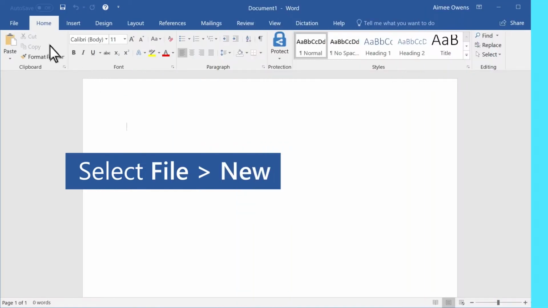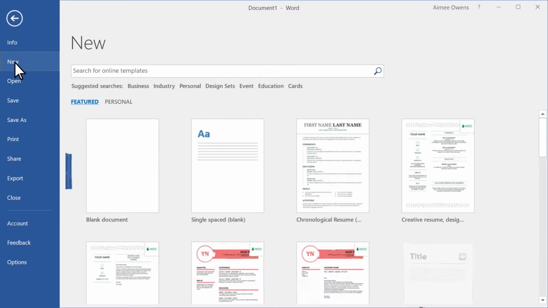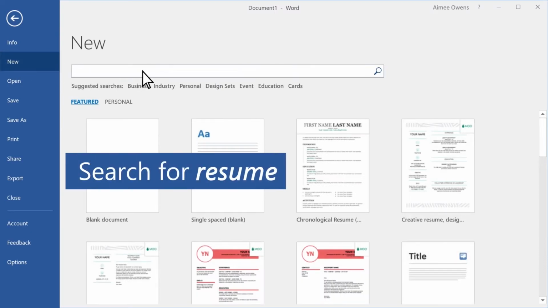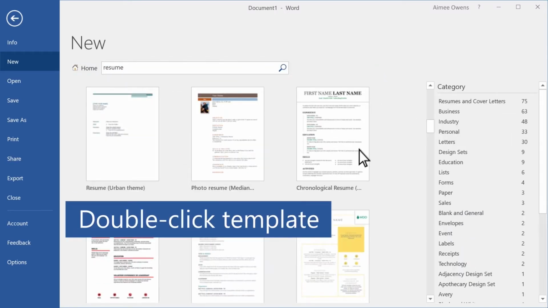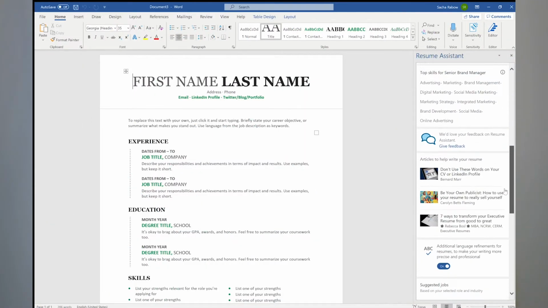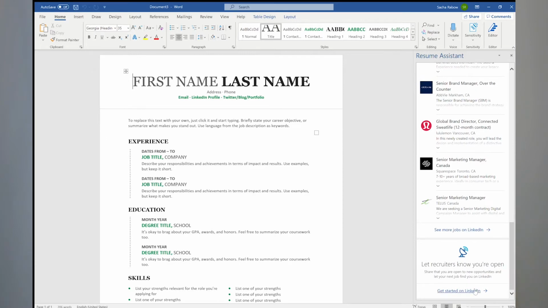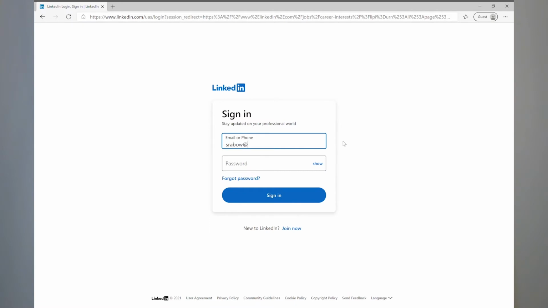Now let's take a look at what exactly you can do with Resume Assistant, how to use it, and how it'll make looking for a new job that much easier. Whether you're looking to update your current resume or you're starting from scratch, Resume Assistant can help you every step along the way. And don't forget, Word's premium templates are always available to Microsoft 365 subscribers, helping you build the foundation of your resume. Don't have a LinkedIn account? Don't worry about it. You don't need one to use Resume Assistant. Although you can sign into LinkedIn or sign up for a new account when you follow the link from Word